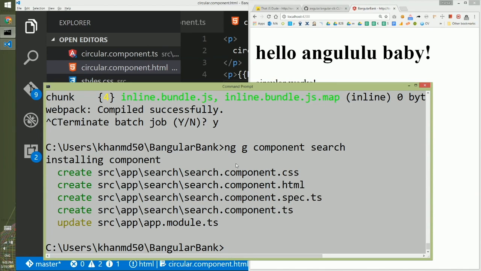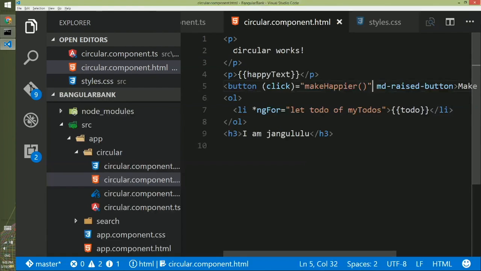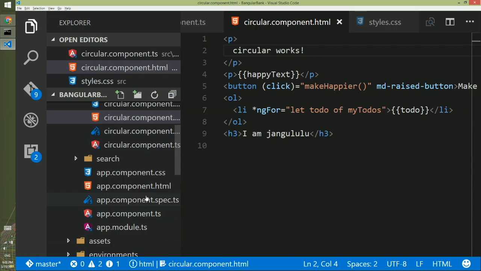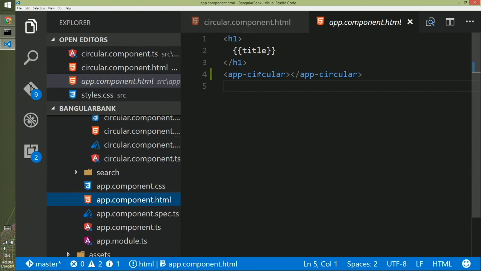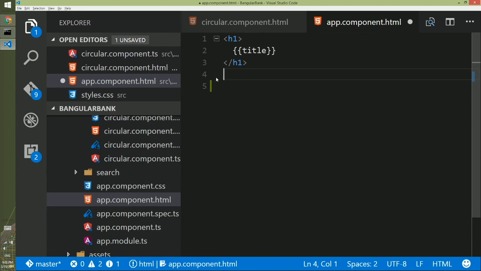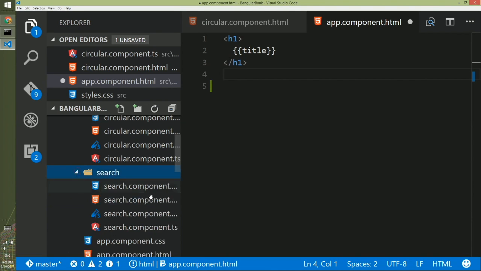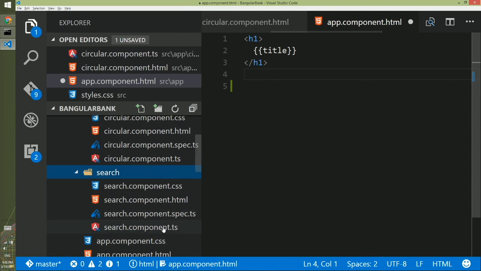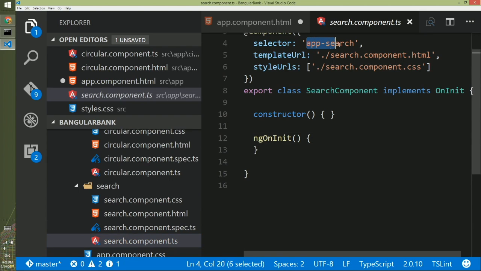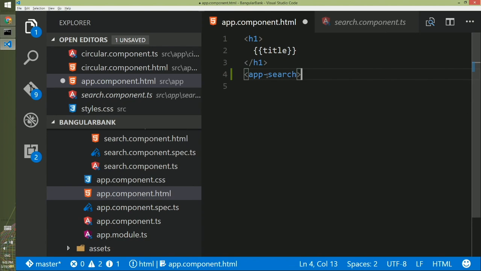And to see this component is working correctly, we will hit ng serve first, and then we will go to our app.component.html file where currently we are using app circular instead of this. So we'll get rid of this and we would like to add the search component here. You will see in the folder you already have the search component, and if you open the component here you will see the selector app-search. So we will copy this, and create the HTML tag,